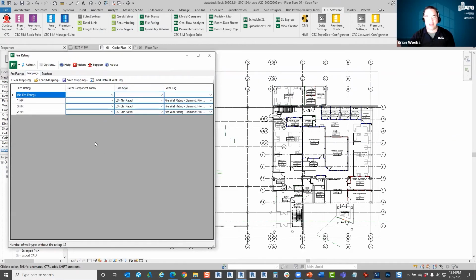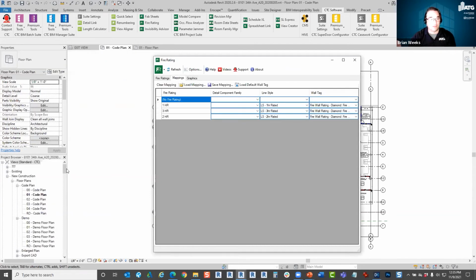And again, I haven't had a whole lot of time to play with the detail component because I've used it and tried to figure out a good workflow for it as an architect, and I just haven't really found one yet. So definitely, if you get the tool and you play with it and you find out a way to use this better than I have, definitely email me, bweeks@atgusa.com. I'd love to know because right now, here, let me show you what I came up with,